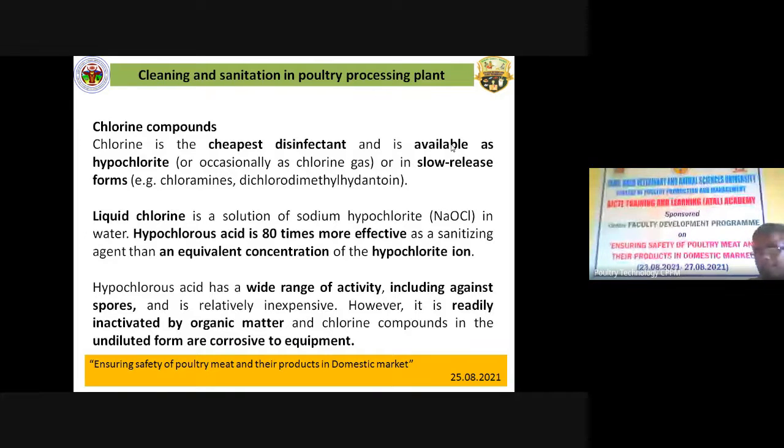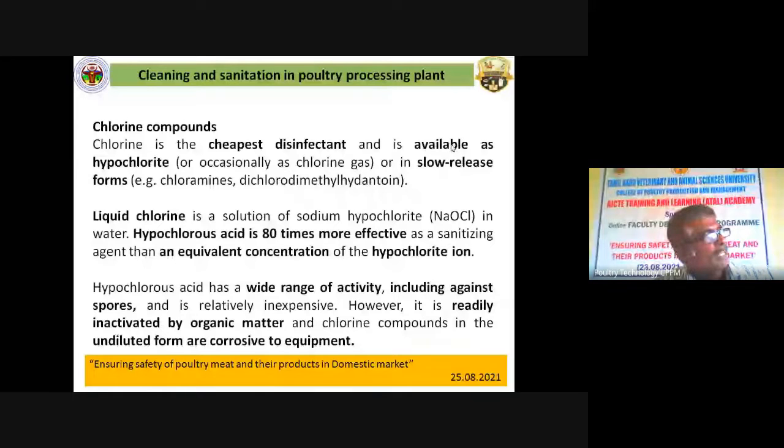However, if the solution is prepared well before application, it may lose its potency. So it has to be prepared just before sanitizing. As I told you, hypochlorous acid is 80 times more effective than the hypochlorite ion, and further it has another advantageous property: it has a broad spectrum of activity, and it is effective even against spores. The two problems with chlorine compounds are, one, they are readily inactivated by